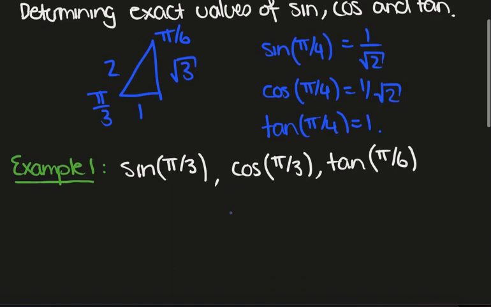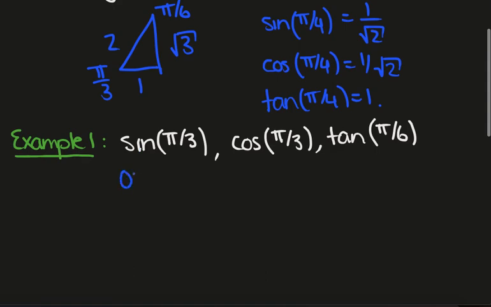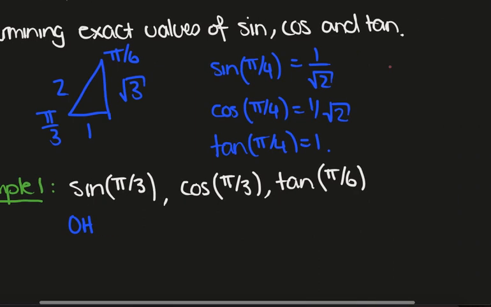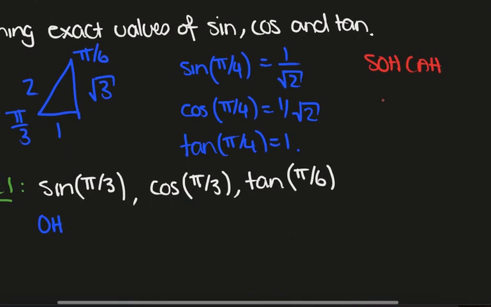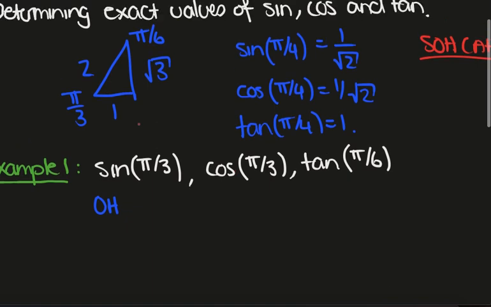Okay, so let's do this in practice. So we have sine pi on 3. So sine is opposite over hypotenuse. So remember we have SOHCAHTOA. What this means is that sine is opposite over hypotenuse, cos is adjacent over hypotenuse, and tan is opposite over adjacent. So sine is opposite over hypotenuse, so opposite of pi on 3 is root 3, and the hypotenuse is